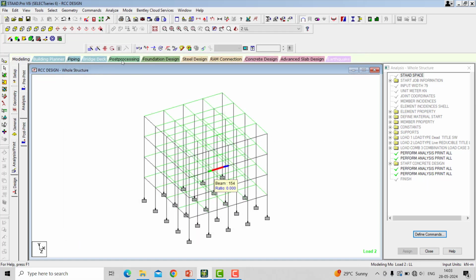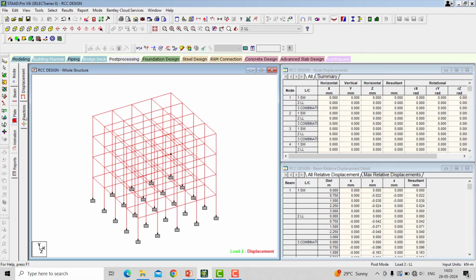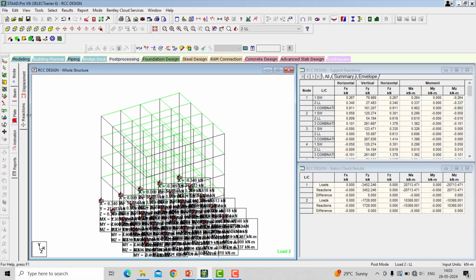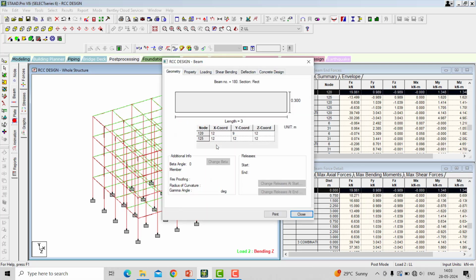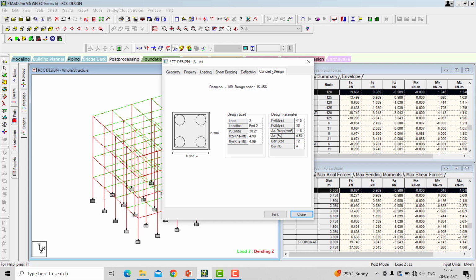For the graphical output, I just click on the post processing mode and then check the reactions, bending moment and all the stuff. Now I click on any one of the columns or beams, double click it, go to the concrete design, and then you can see these 4 bars, 415 is the steel, FC 30, and then area of the steel is 118, bar size is 12 mm diameter and bar number is 4.